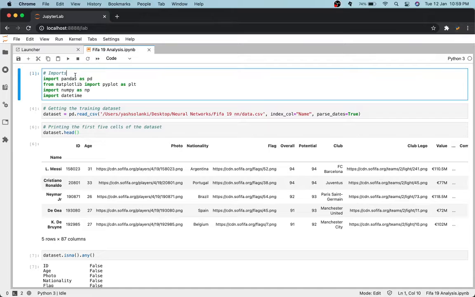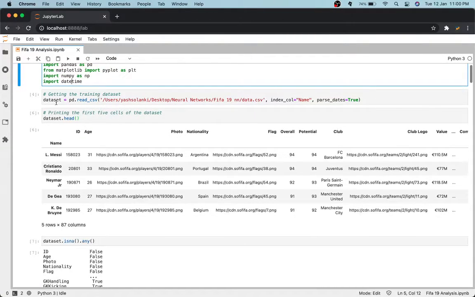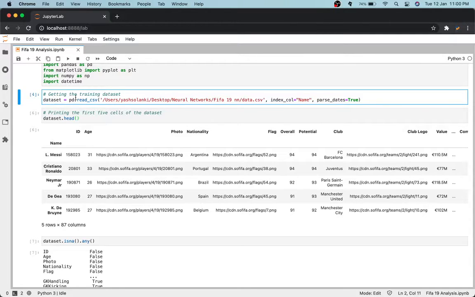So over here I've just made the standard imports. Since we are working with the CSV file, so comma separated value, we need to import pandas instead of the image data generator and all of that. Then we use matplotlib, numpy and datetime. Then I simply loaded in the data set. It is very simple to do.